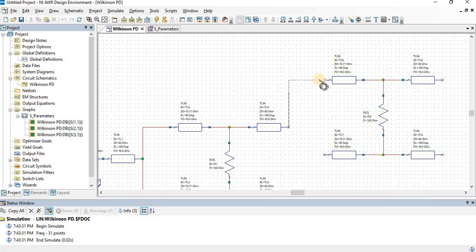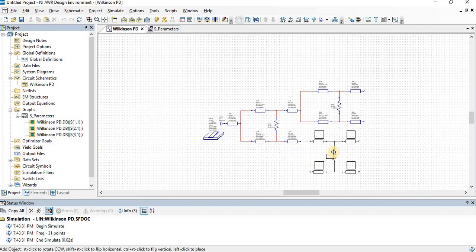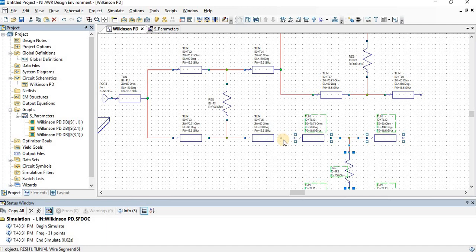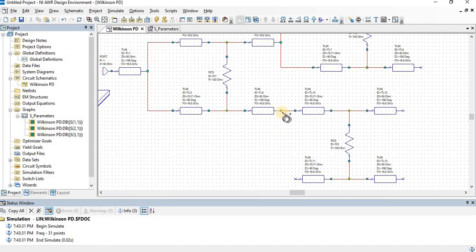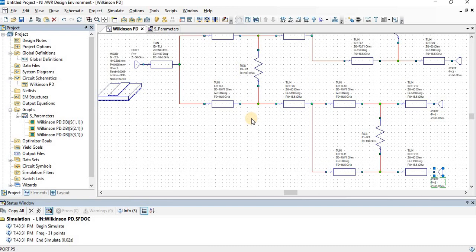Okay, you just have to connect it in this way, and again the same will be copied over here. Now just go to ports.